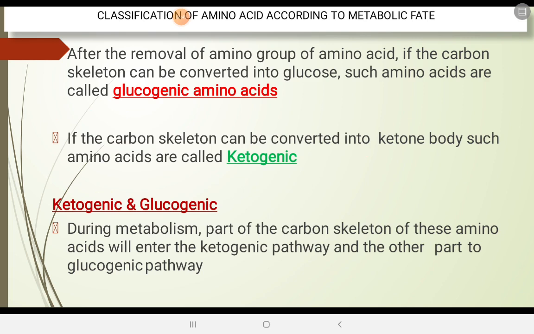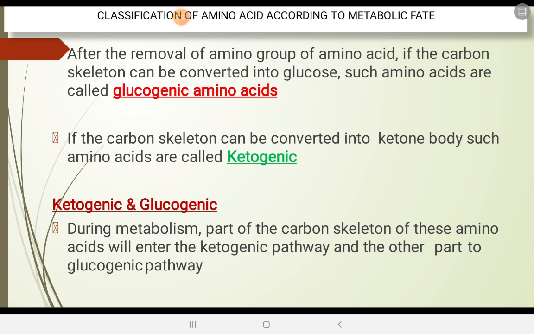Next, classification of amino acids according to metabolic fate. After the removal of the amino group of an amino acid, if the carbon skeleton can be converted to glucose, such amino acids are called glucogenic amino acids. If the carbon skeleton can be converted to ketone bodies, such amino acids are called ketogenic. Based on the metabolic fate, there are groups of amino acids. First one is glucogenic amino acid, second one is ketogenic amino acid, and third one is both ketogenic and